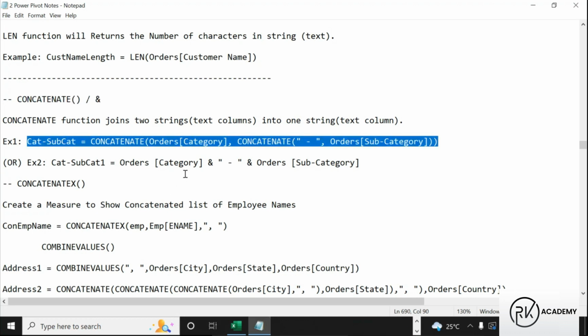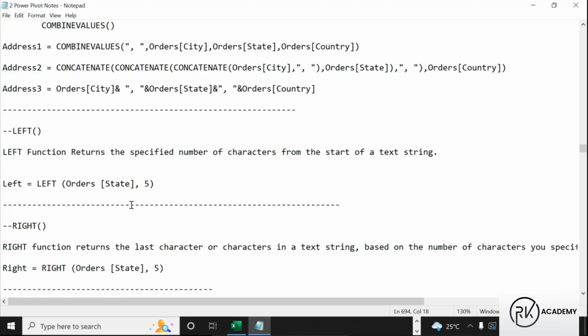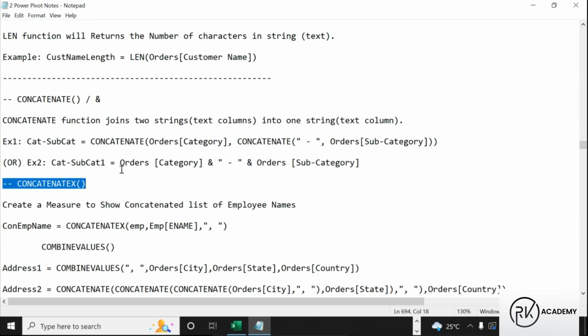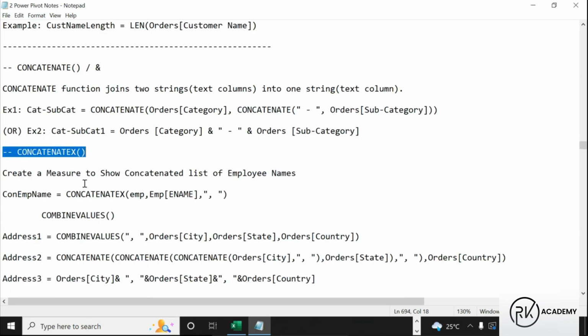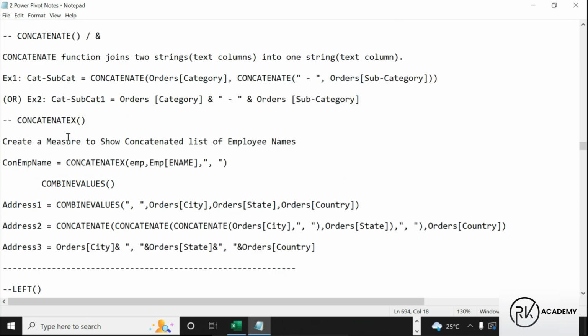Okay, all right. Then what is this concatenate X? So I think it's already 12 class, guys. So in tomorrow's class we'll discuss, guys. Before that, let me close this concatenate. It is with concatenate, right? Let me close only this concatenate X. So this concatenate X purpose is, so for example,